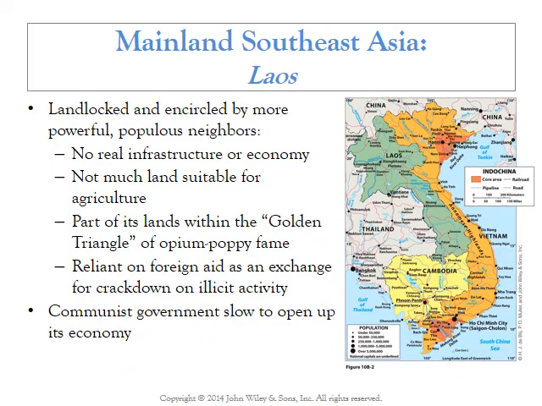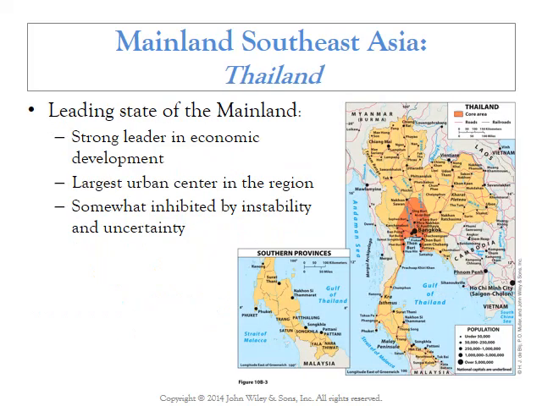Even though Southeast Asia is growing economically, Laos is lagging behind the rest of the region, partly because it's got a relatively small population, only 6.8 million people, partly because its government is slow to open up its economy, partly because it's landlocked, doesn't have good trade routes currently, and also it's been hobbled by its involvement in the drug trade. It is part of that golden triangle that was detailed in the video a little bit earlier this chapter.